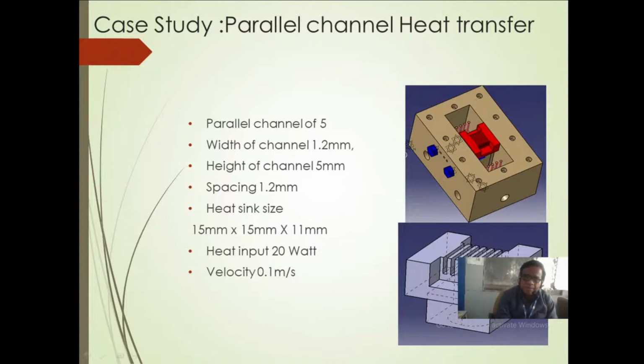So 15 mm is the length, 15 mm is the width, sorry, and 11 mm is the height. As you can see, the height of the channel is 5 mm. The remaining 6 mm is up to this wall. The bottom wall, where the heater is placed, I do not require, so I have removed that part.